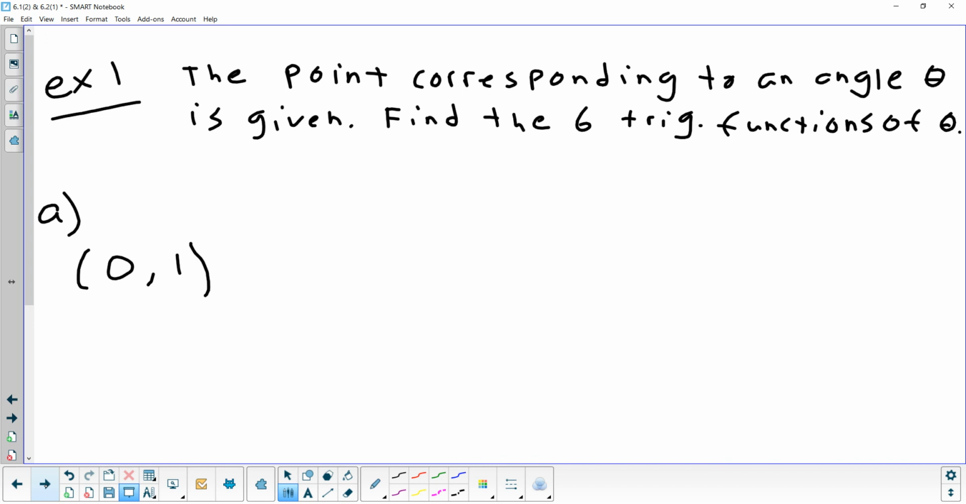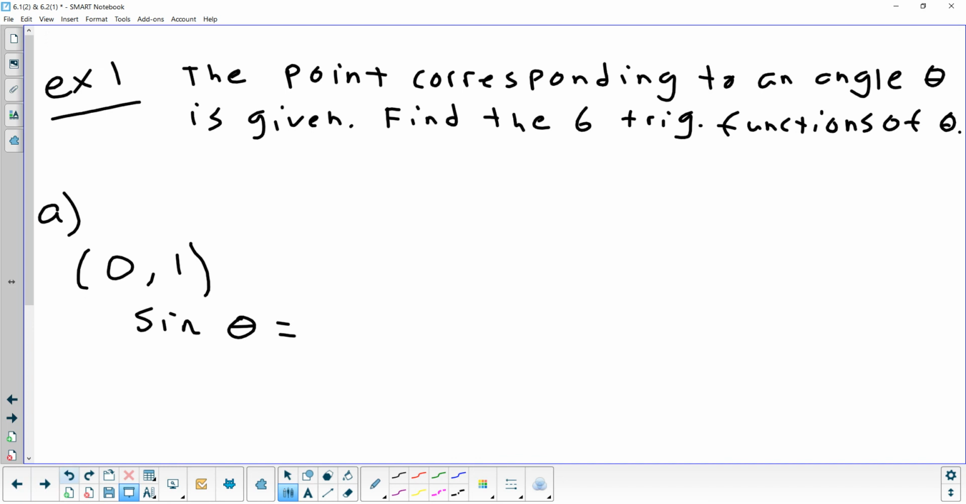All right, so they give me a point. Find the 6 trig functions that correspond to the angle represented by that point. You don't even have to know what angle that represents. I mean, I hope you do. It's 90. But you don't need to know that to do this problem. So let's start with